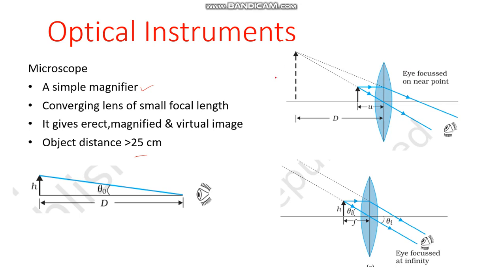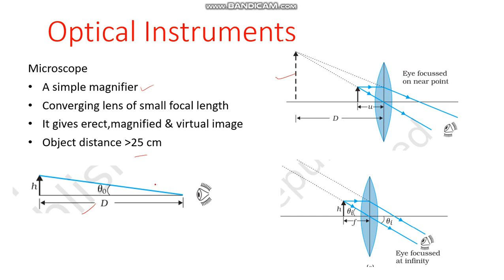Here you can see that the image formed is erect, magnified and virtual. So in this, two cases come. One is at the near point and one is at infinity. Okay, when the object is placed, you can see here in this particular situation,